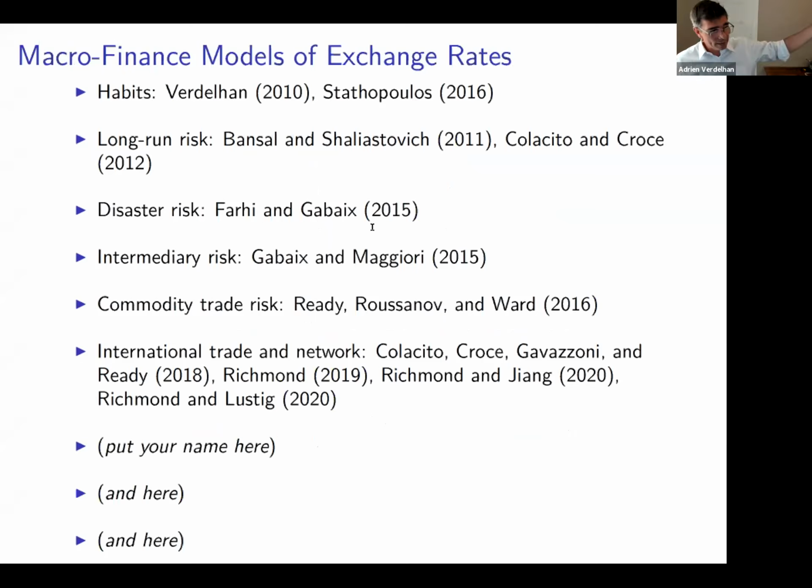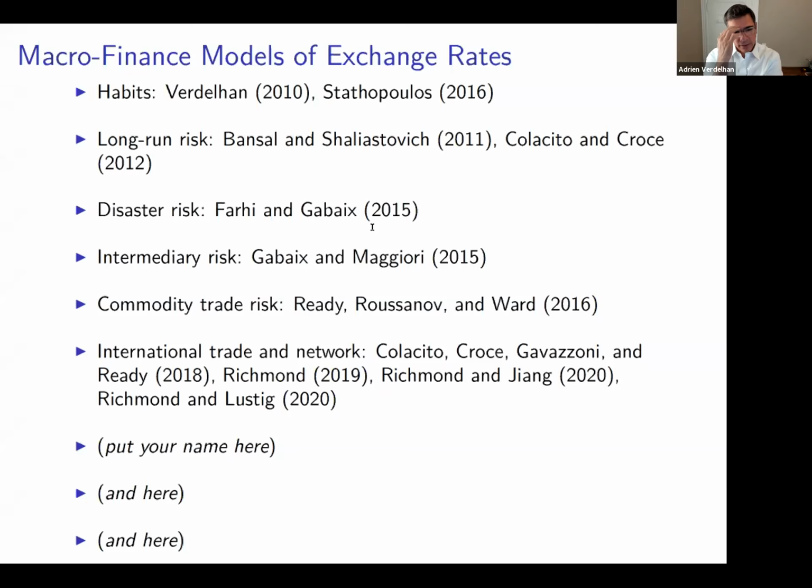And you can actually go back to the different papers written over the last 10 years or so. With the exception of one I'll mention, you can look at those papers through the lenses of this simple equation. Do they produce a volatile SDF? Yes. Through habits, through long-run risk, through disaster risk, they produce volatile SDFs. Why do SDFs differ across countries? Then the story is going to be different across those different papers, right?